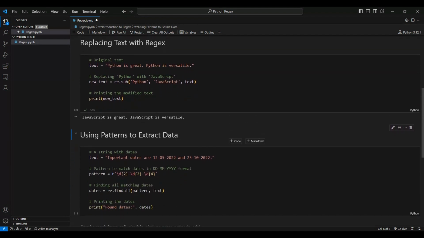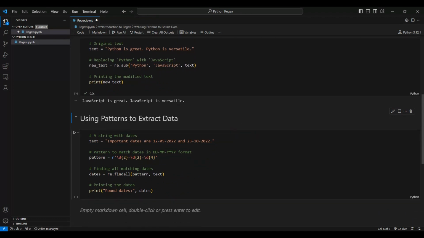And regex actually has many more functionalities other than this as well, but I'd like to give one more functionality which we can do using regex, which is to extract certain patterns. So let's say we have this particular text: Important dates are the 12th of May 2022 and the 23rd of October 2022, and let's say we want to